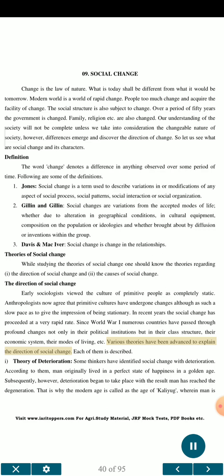Various theories have been advanced to explain the direction of social change. Each of them is described. A theory of deterioration. Some thinkers have identified social change with deterioration. According to them, man originally lived in a perfect state of happiness in a golden age. Subsequently, however, deterioration began to take place with the result man has reached degeneration. That is why the modern age is called the age of Kali Yuga, wherein man is